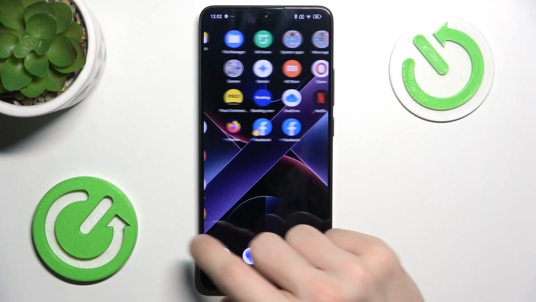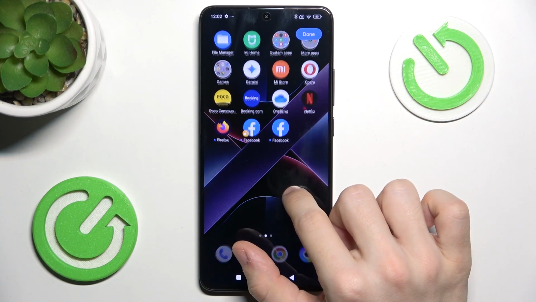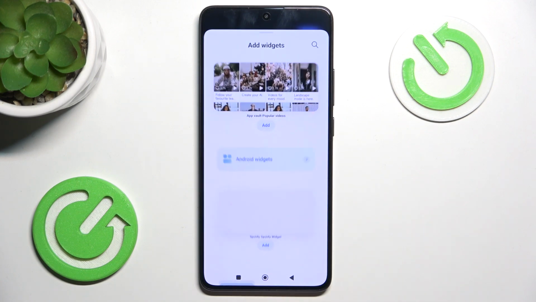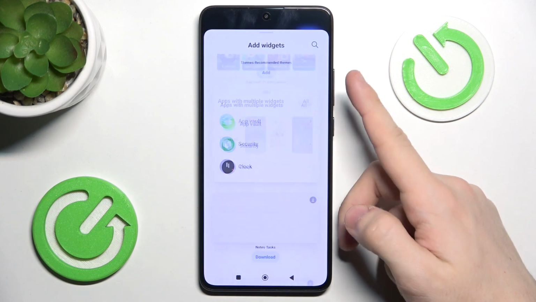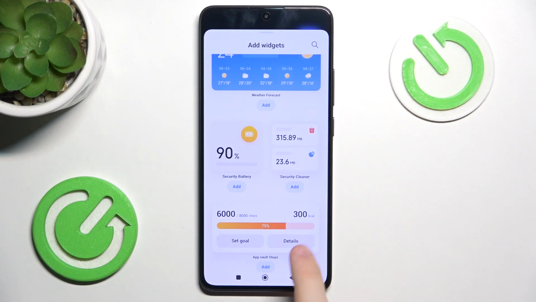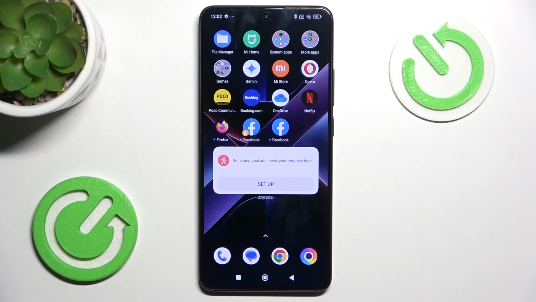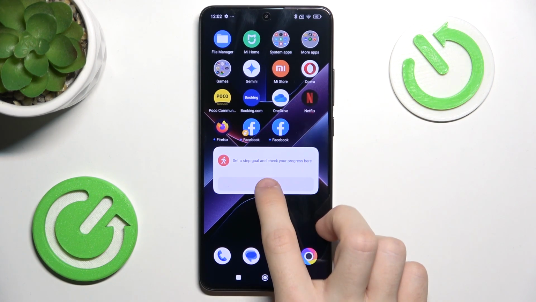So first, press and hold on some free space on your home screen, then go to widgets and then scroll all the way down until you see the app vault steps. Click on add and then you can click on done. Now you can click on setup,